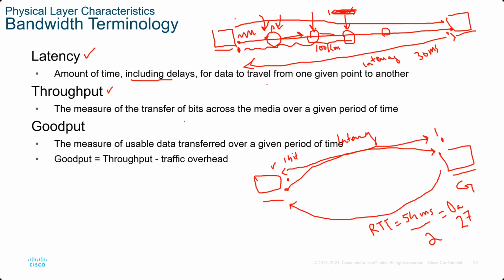But throughput is how many bits you can quickly generate and send within 1 second,